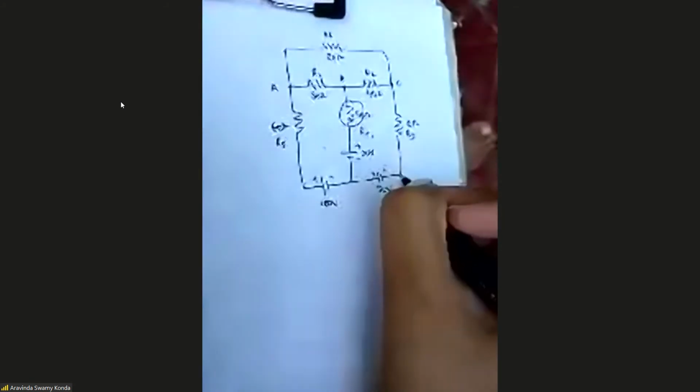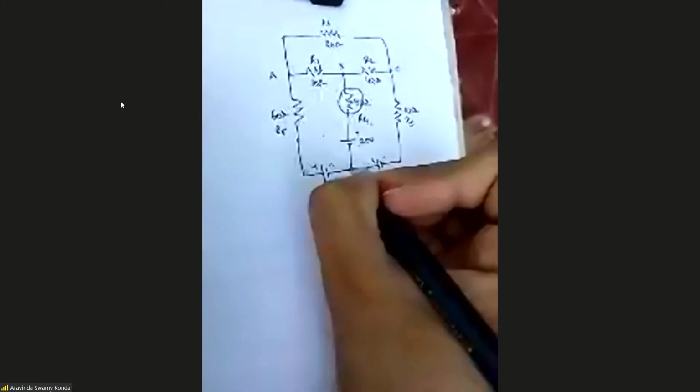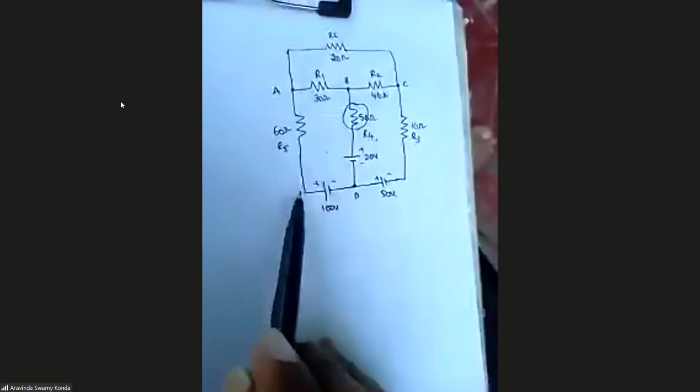Then I'm naming the nodes of the circuit: A, B, C, and this is D. Am I right? Still any others there? అంతేనా ఇంకేమన్నా ఉన్నాయా చూడండి. A, B, C, D. So why have I not taken one here? This potential and this potential will be the same. A and this point will be at the same potential. Am I right or wrong? Yes or no? Any difference up to these points? No.